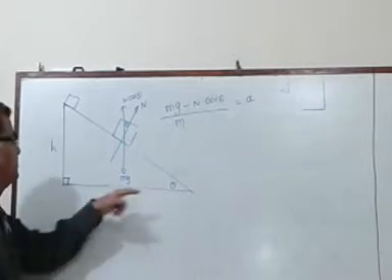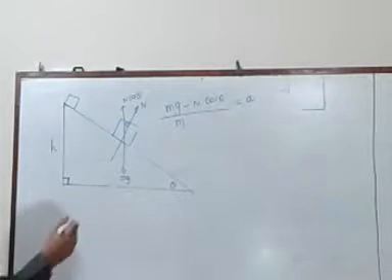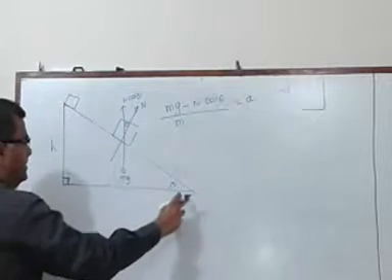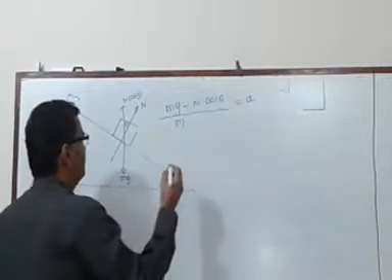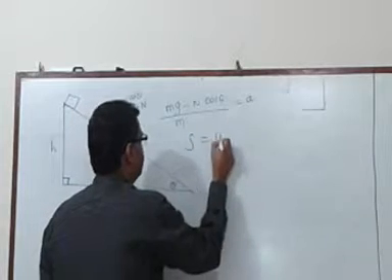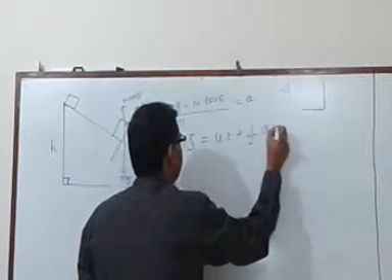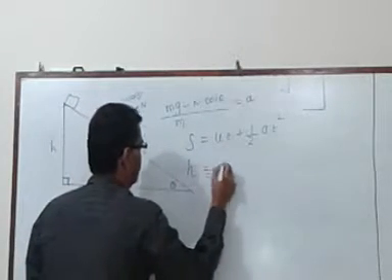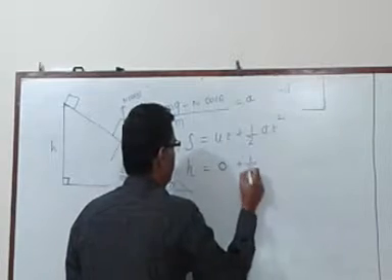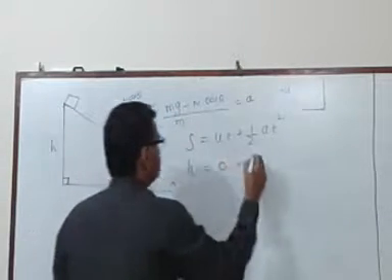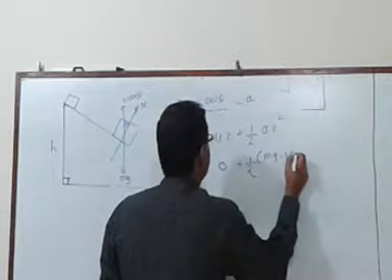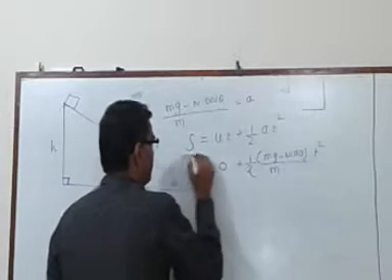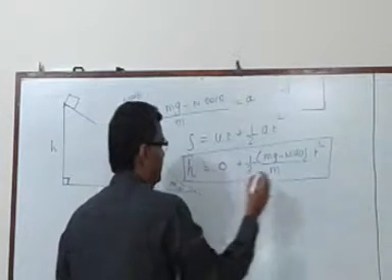The acceleration in the downward direction is this. I can use this to find the value of time. How much time does it take to come from this particular point to this particular point? And it is given by the formula S is equal to ut plus half at square. The downward displacement is h. Initial velocity is 0. And what is the downward acceleration? Is this, mg minus N cos theta upon small m into t square. I am going to mark this as equation number 1.